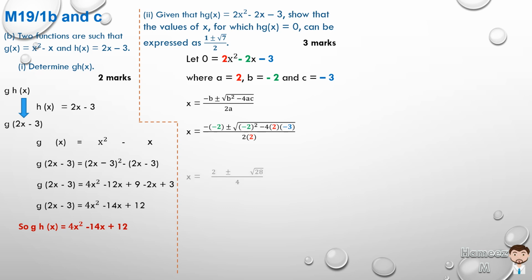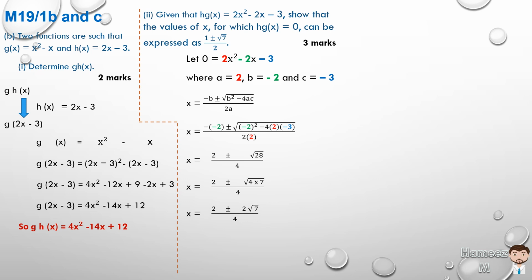So if we simplify, x is equal to a minus is a plus, so 2 plus or minus the square root of 2 squared is 4, minus 4 times 2 is minus 8 times minus 3 is plus 24. 4 plus 24 is 28. So 2 plus or minus the square root of 28 all over 4. We can rewrite the square root of 28 as the square root of 4 times 7, and that will give us 2 plus or minus the square root of 4 times 7 all over 4. So x is equal to 2 plus or minus 2 root 7,